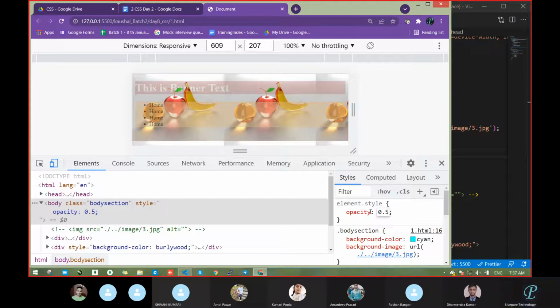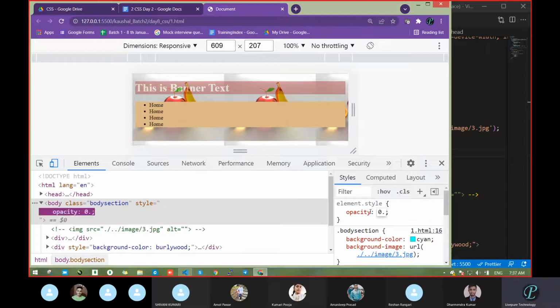What happened? Where did it go? It was passed in the complete body section. That's why it became transparent. Whatever text is there, it becomes visible or hidden that way.